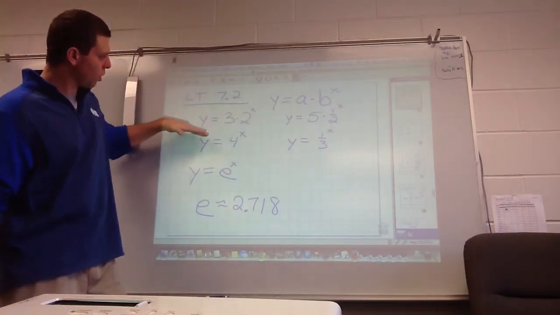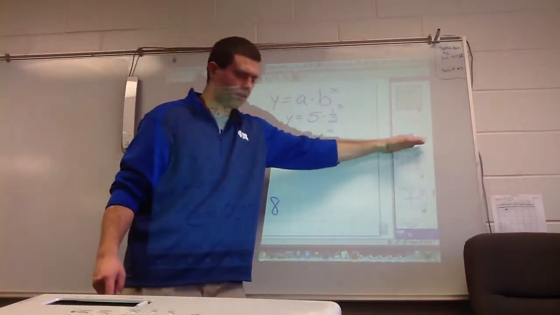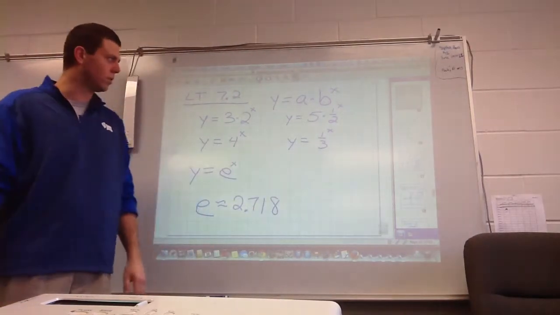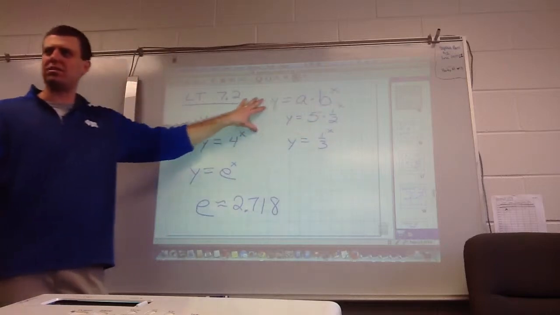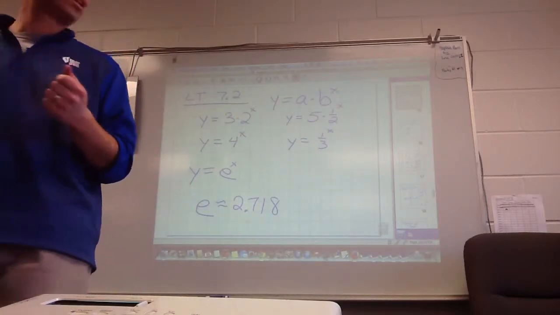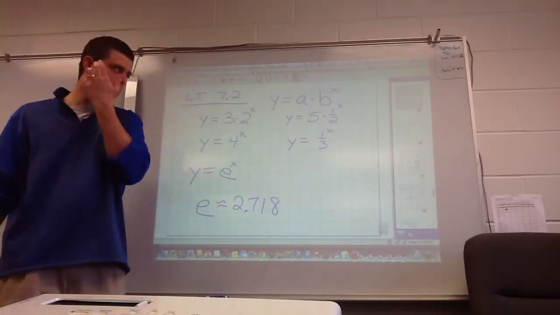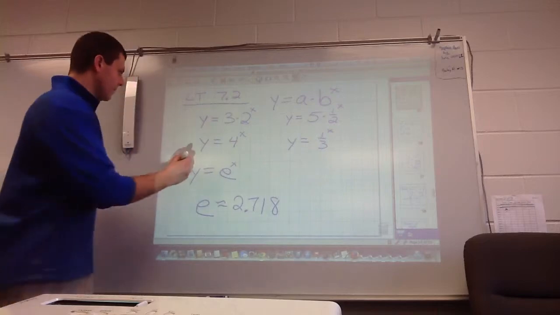So these, the growth ones, would look like this. The decay ones, you know, look like that. Okay, they level off and approach 0. So that's kind of what we talked about in 7.1, is just what the graphs of some of those exponential functions would look like, what the a and the b values represent, and so on. Okay, so again, just a little refresher. Now,